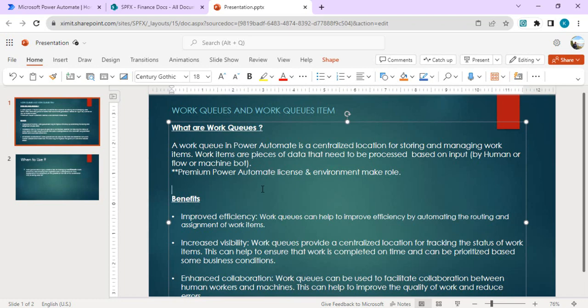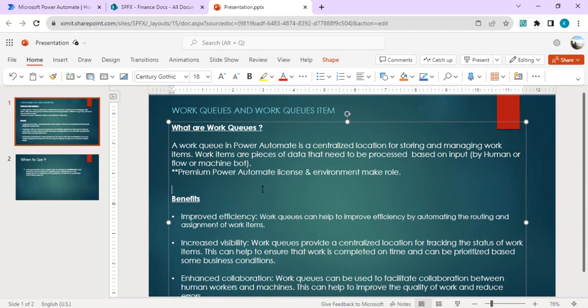It actually improves the efficiency of complex or bulk processing scenarios. So consider an example: if you are part of a retail company which is producing thousands of records daily, on a per store basis or per sales basis, and you wish to have some Power Automate flow to process those incoming reports or data from different stores and save or process something based on that input, then it may require a few hours to do the normal processing in a normal Power Automate flow logic, even though you are using a flow based license. So what work queues and work items bring here is